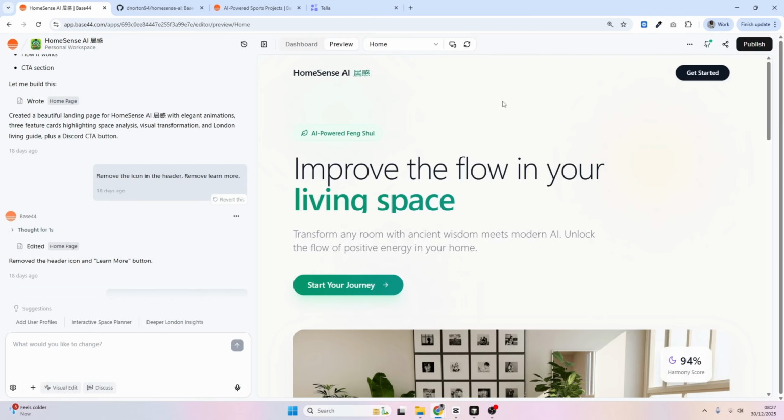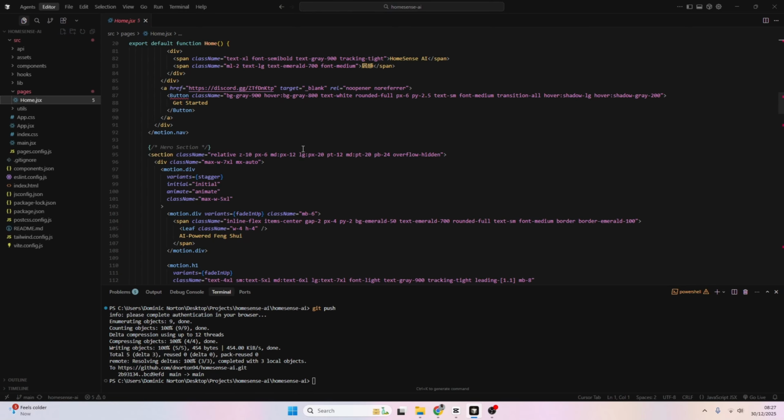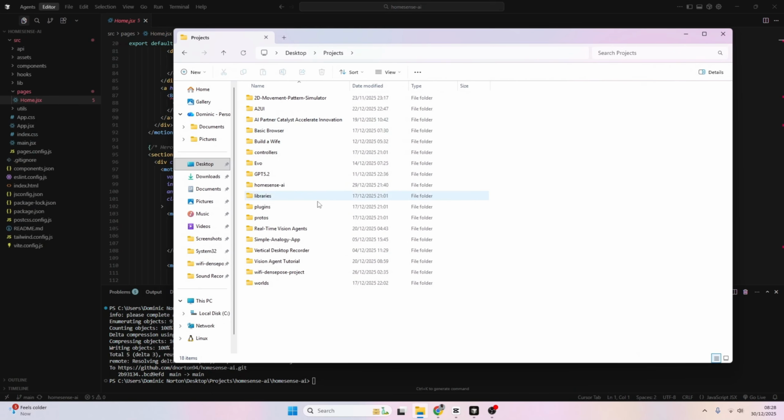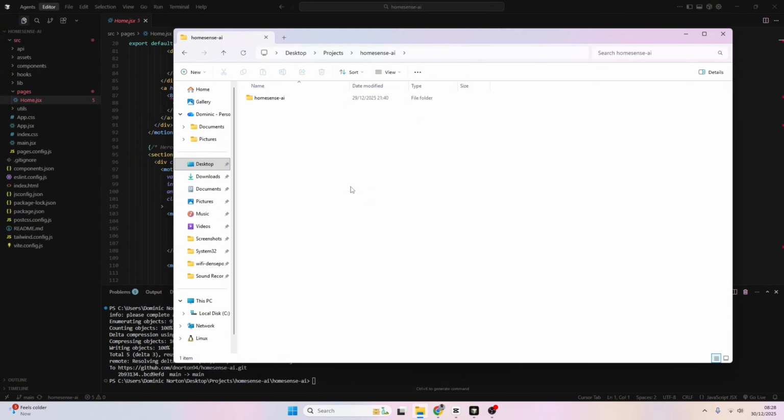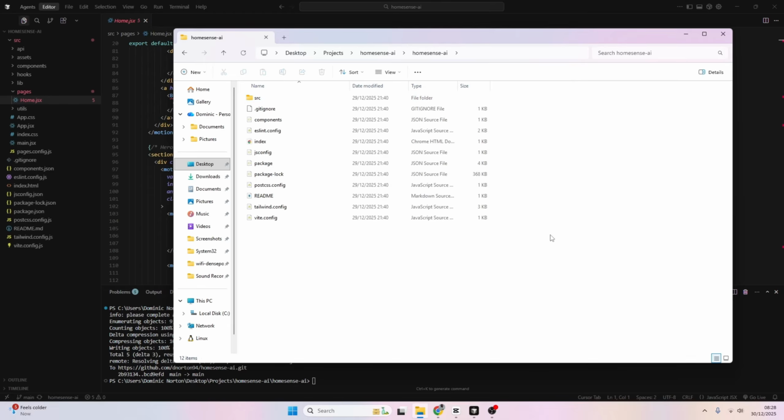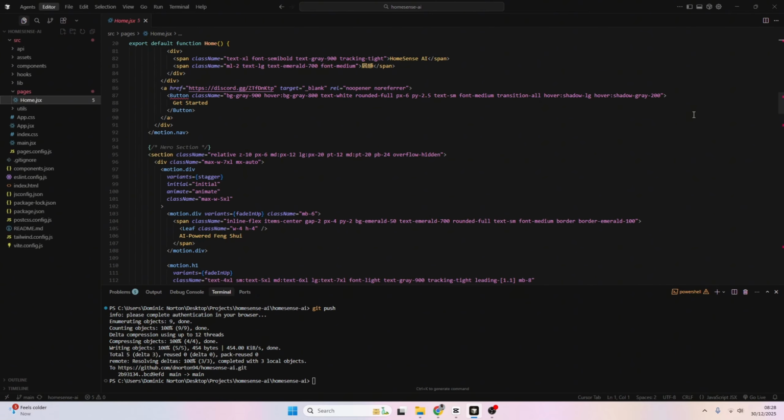So once this is connected, what you can do is use an IDE. So here I'm using Cursor, and I already have my project. So the first thing you would do is git clone. And what git clone does, it clones your project from GitHub. If we go into my folders, we can see all my different folders here. When you do git clone, it copies the whole folder from GitHub and all the code to your IDE locally. So this is the same thing that is on GitHub, but now I can make local edits on my computer. GitHub, you can't make edits on GitHub. It's for almost storing information or storing the code so you and your team, you and your developers can work